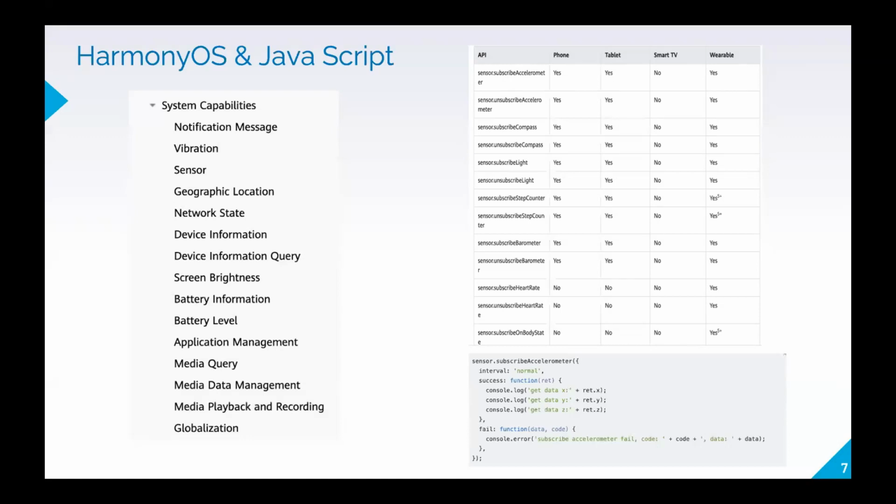You no need to write any native language code to get those data. So the framework provides those capabilities in JavaScript itself, so that you can directly call those methods and get the data. All the system capabilities can be accessed from the JavaScript itself.